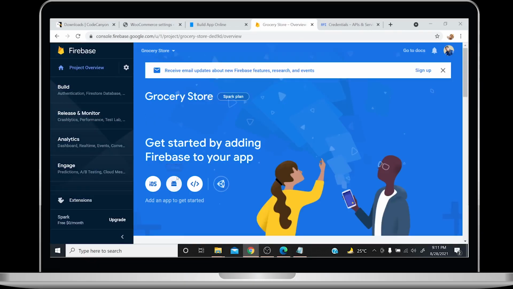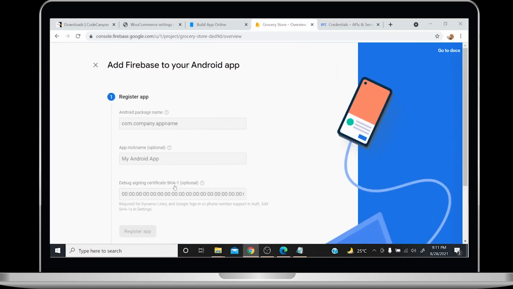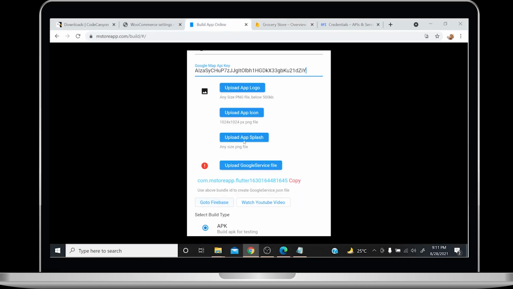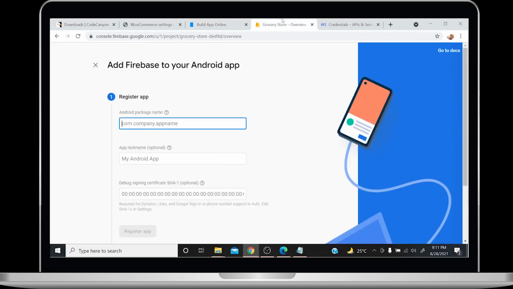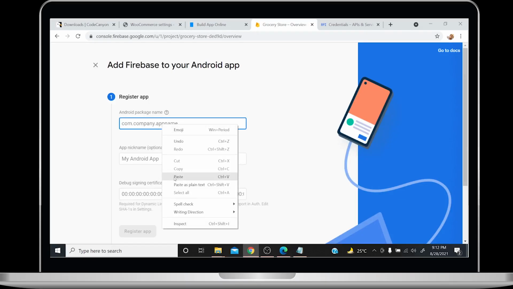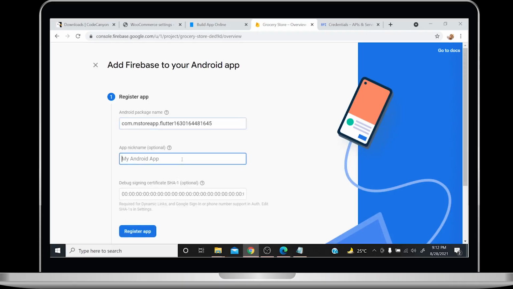And on this page, click on the Android. Now here this page will appear automatically. Now again, come back to the mStore Flutter page and copy this and paste it in the Firebase page over here. App nickname, Grocery Store. Click Register App.